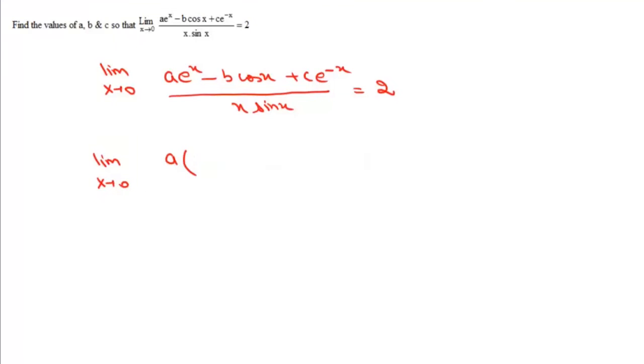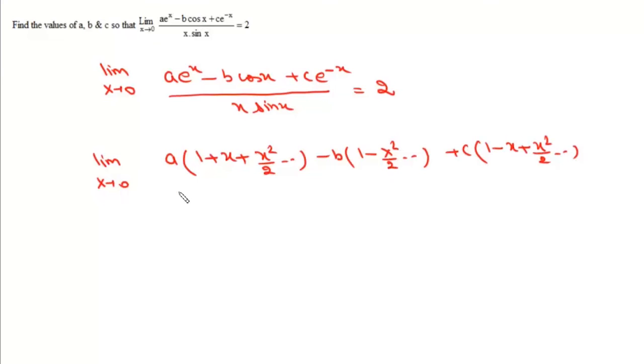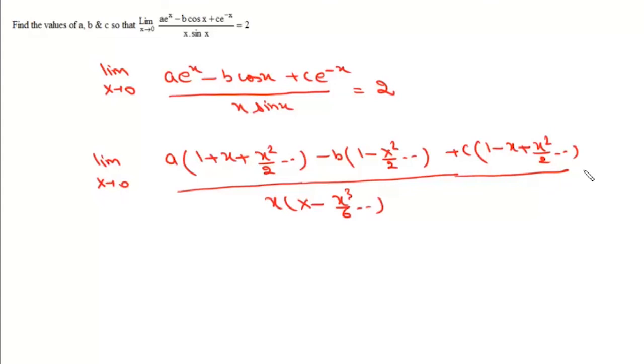Now this is a. Now e to the power x is 1 plus x square upon 2 minus b. Now cos x is 1 minus x square upon 2 and plus c, e to the power minus x is 1 minus x plus x square upon 2 whole divided by x, and sin x is x minus x cube upon factorial 3,